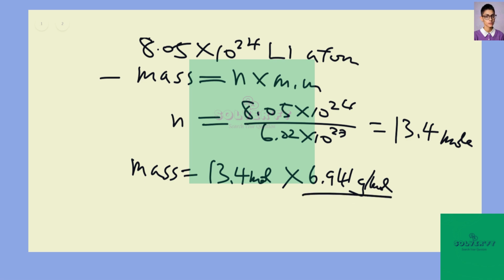This number will vary a little bit depending on what kind of textbook you use and what the source is. So this is the value from my textbook. We just take 6.941 times 13.4. We will have 93.0 grams for 8.05 times